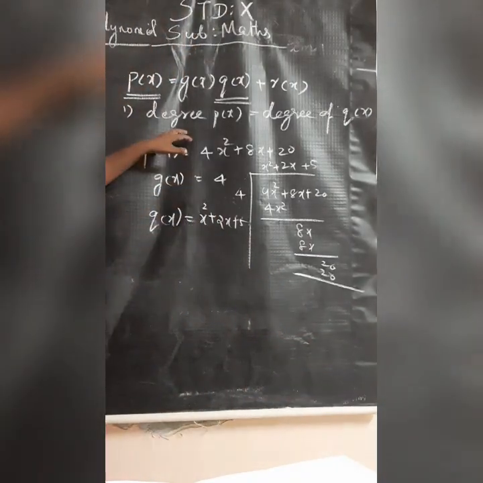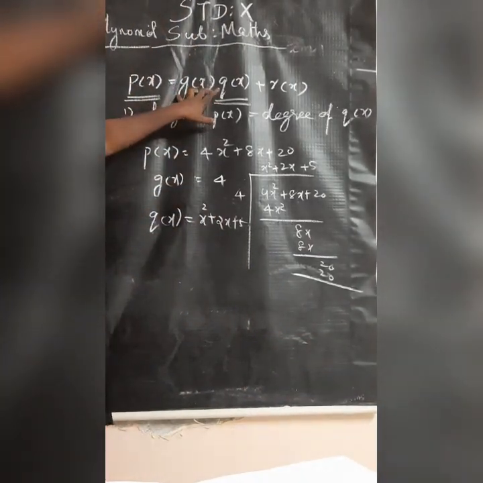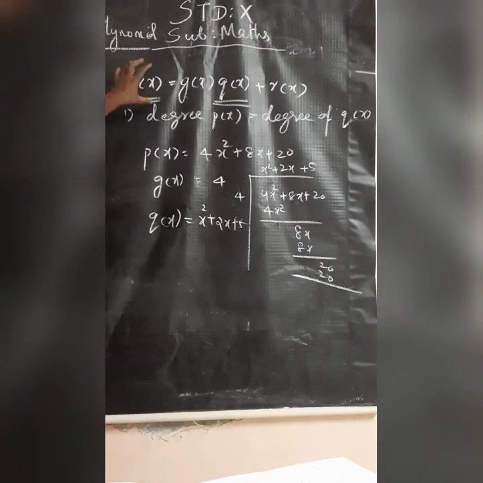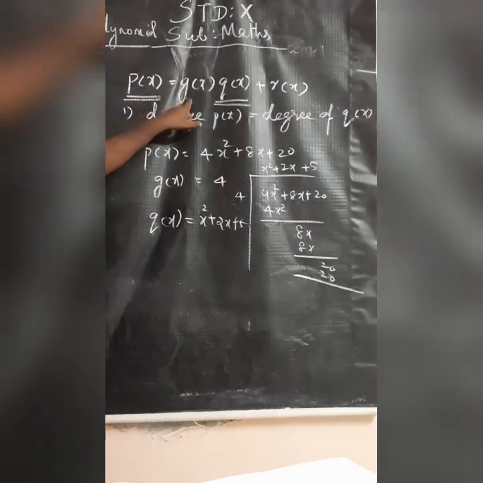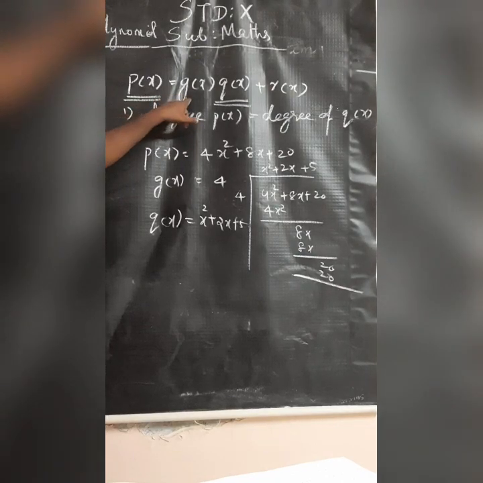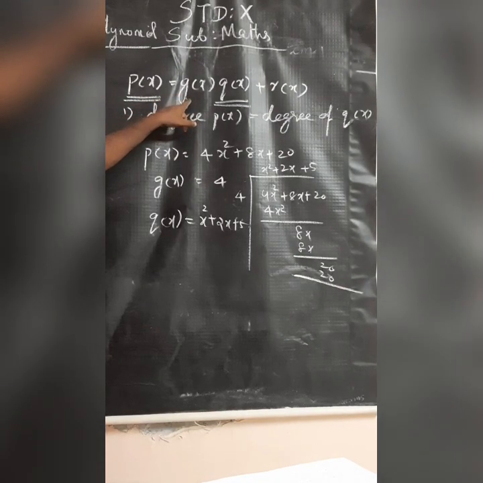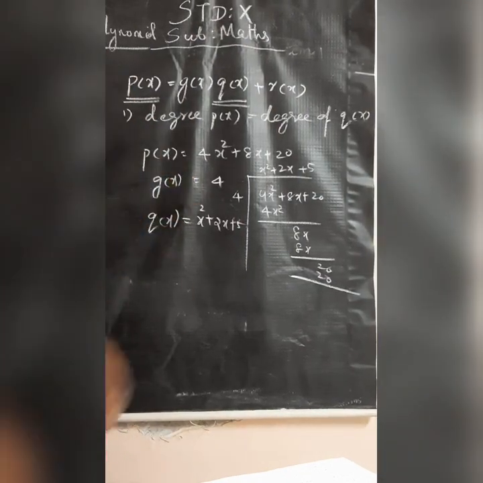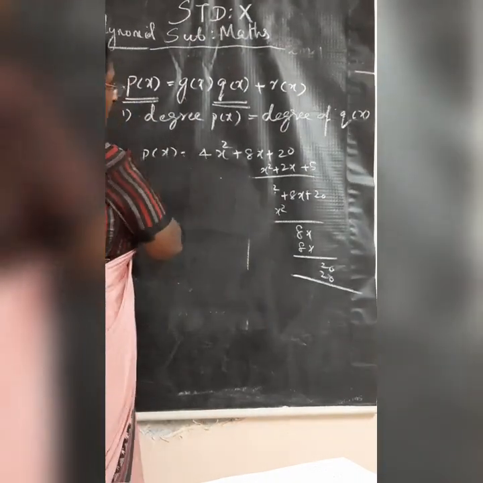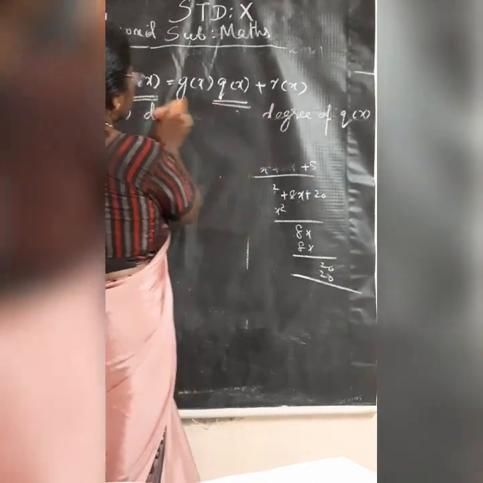This concept is clear. So here in the division algorithm, first you write, and from this one you will analyze that the degree of p of x and the degree of q of x should be the same. Always take the divisor polynomial as a constant only. Clear? In this way you are able to make many examples.